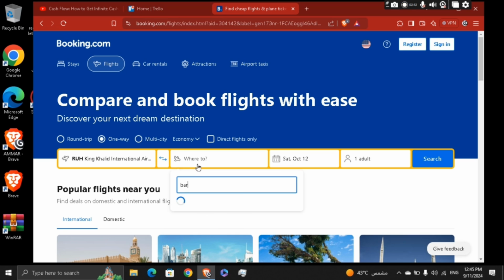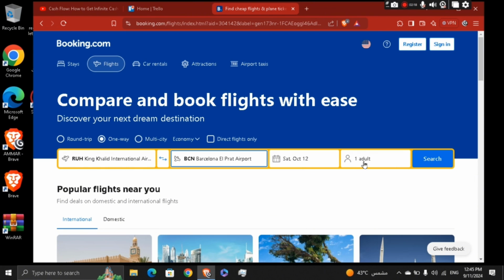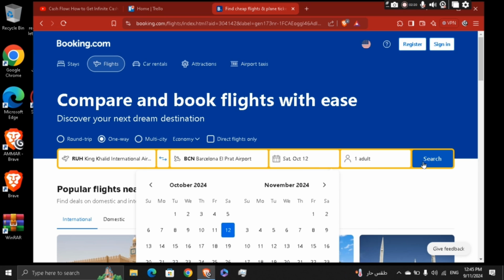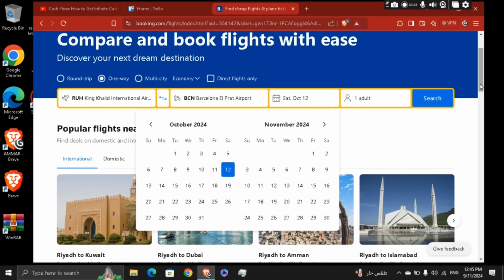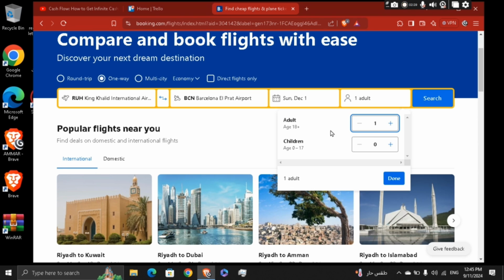Right here it says Barcelona El Prat Airport, and I'm gonna click on it, and I'm gonna select the date that I'm gonna go. So let's have an example, the 1st of December, right? And how many adults, 1 or 2, or children, and just basically search right here,